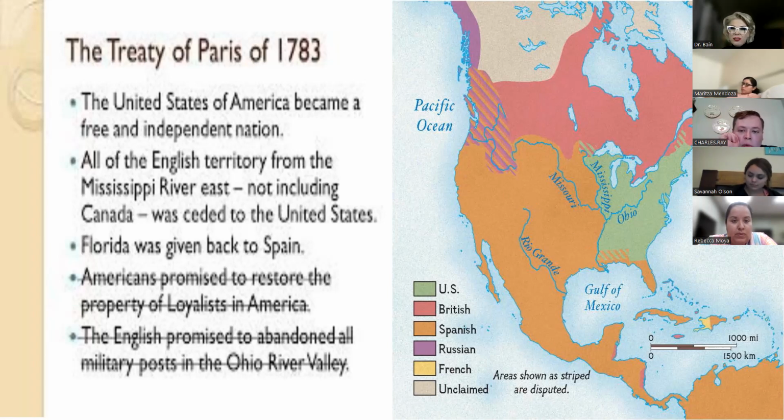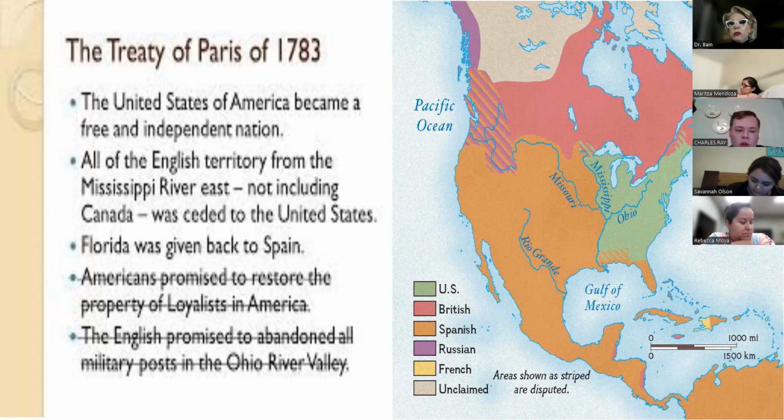So that green spot right there, that is going to be U.S. territory now. The British aren't gone. They're still up there in Canada, kind of waiting, kind of plotting, sitting there rubbing their hands like, okay, maybe these guys will fall and we can come back. The Spanish, oddly enough, get a piece of some of the territory the British do cede on the western Mississippi because they helped us out, actually. They also get Florida back.